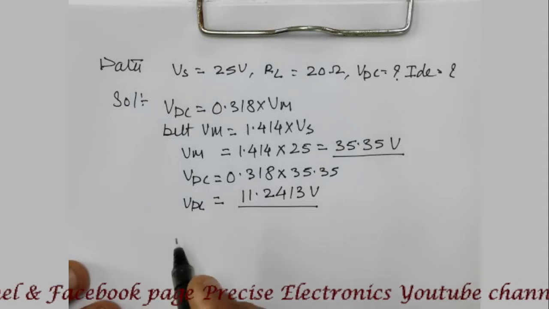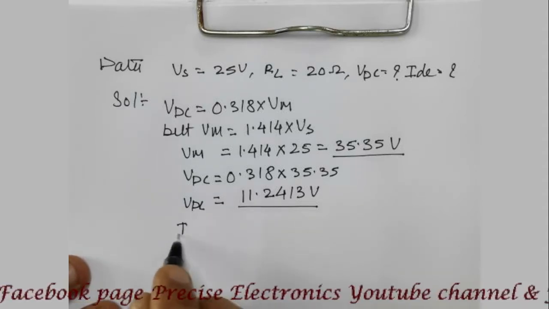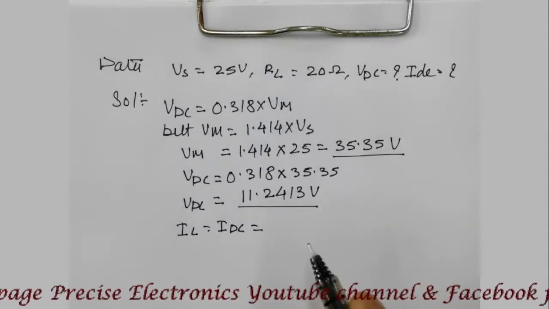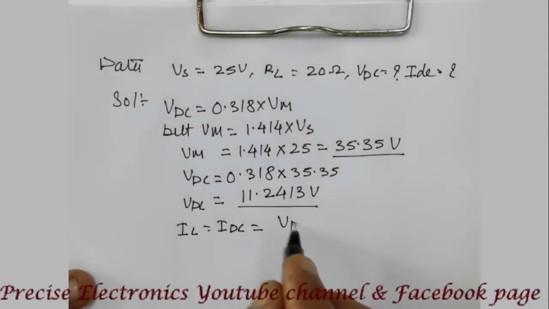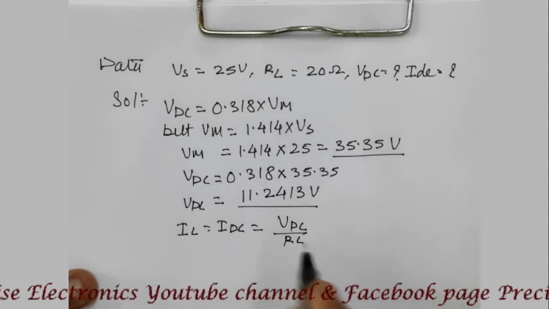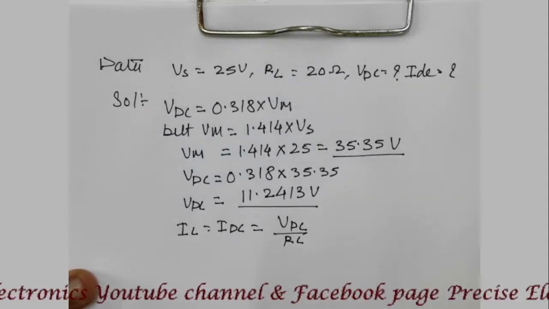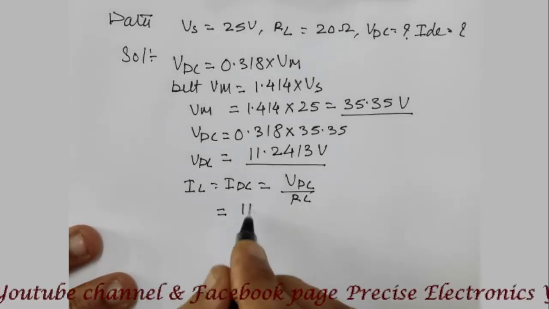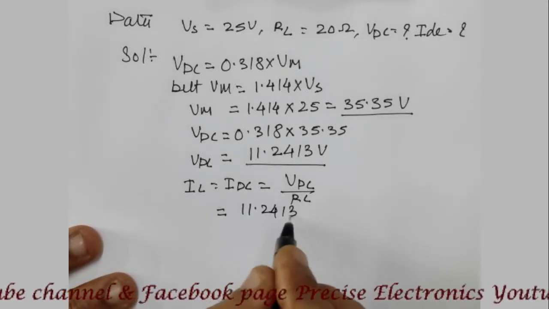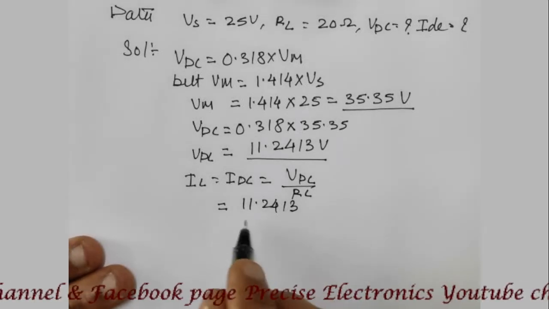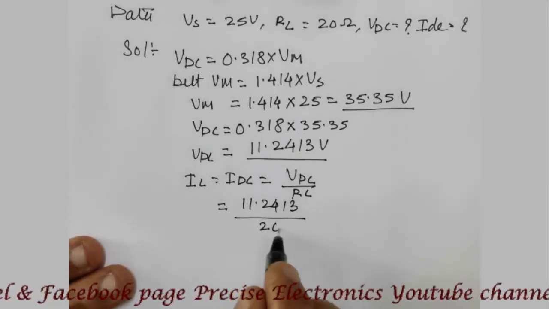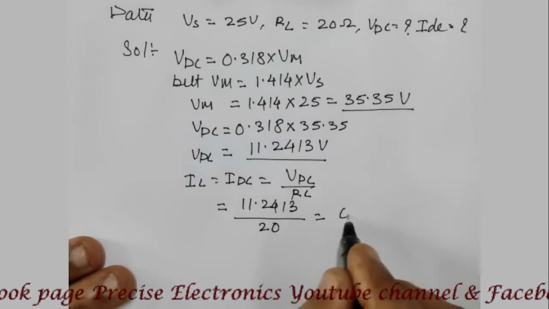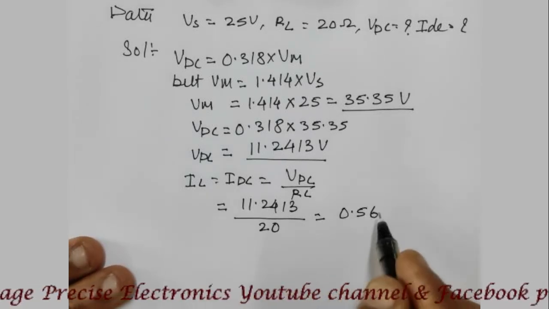Next we have to find out load current. Load current, that is IL, that is also known as IDC, and that is given by VDC upon RL. That means we have to use Ohm's law. VDC upon RL. Now what is VDC? It is 11.2413 upon RL, that is 20 ohm. So that is equal to 0.562